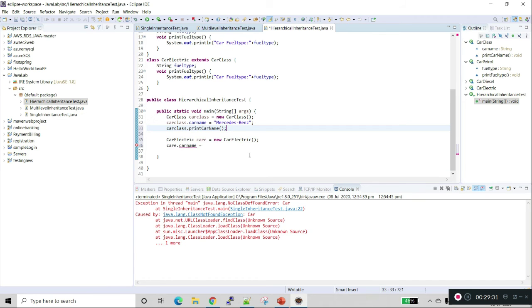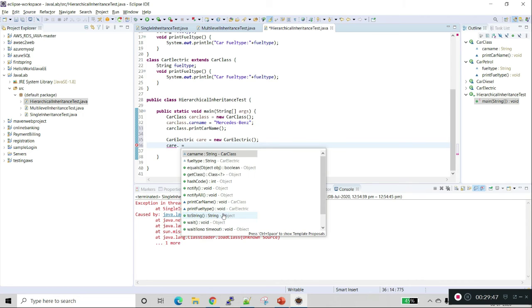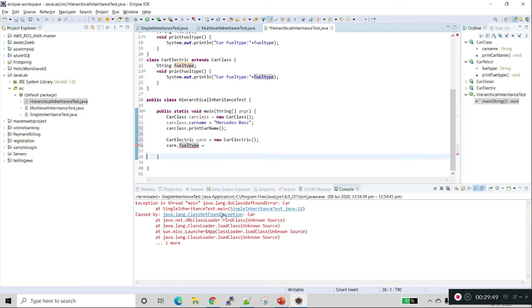Print car name. Fuel type equal to, I'm giving petrol.